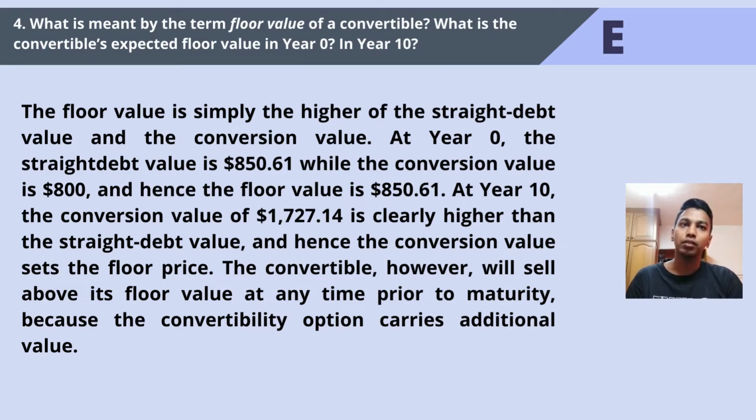Question number 4. What is meant by the term floor value of a convertible? What is the convertible's expected floor value in year 0, in year 10? The floor value is simply the higher of the straight debt value and the conversion value. At year 0, the straight debt value is $850.61, while the conversion value is $800, and hence the floor value is $850.61. At year 10, the conversion value of $1,727.14 is clearly higher than the straight debt value, and hence the conversion value sets the floor price. The convertible, however, will sell above its floor value at any time prior to maturity because the convertibility option carries